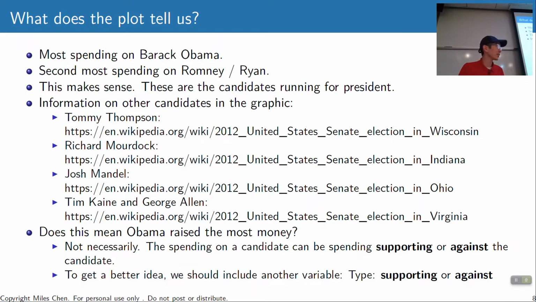A lot of times you'll see advertisements that might not necessarily be endorsed by the candidate themselves. So in this case, it might not necessarily be Mitt Romney trying to put down Obama, but it could just be some organization that doesn't like Obama and says, blah blah blah, and they're running negative campaign ads.